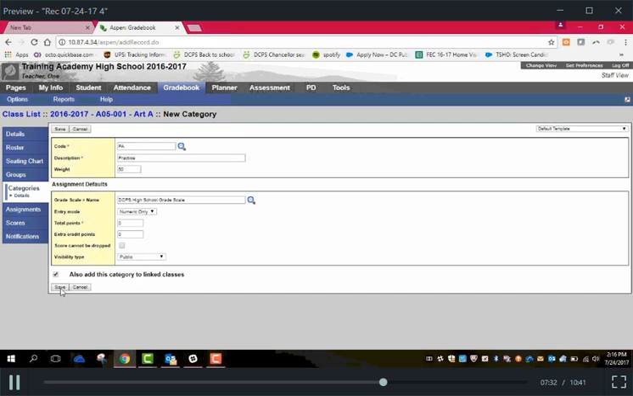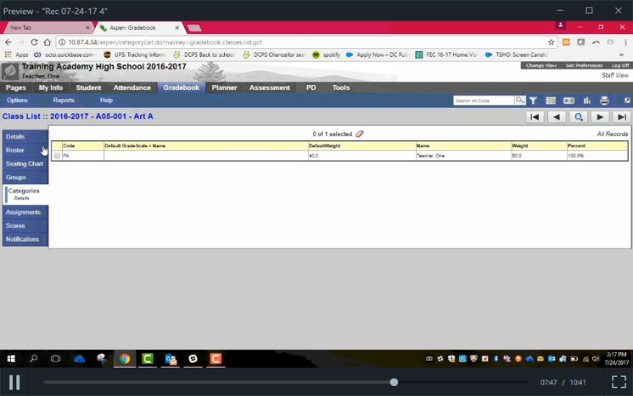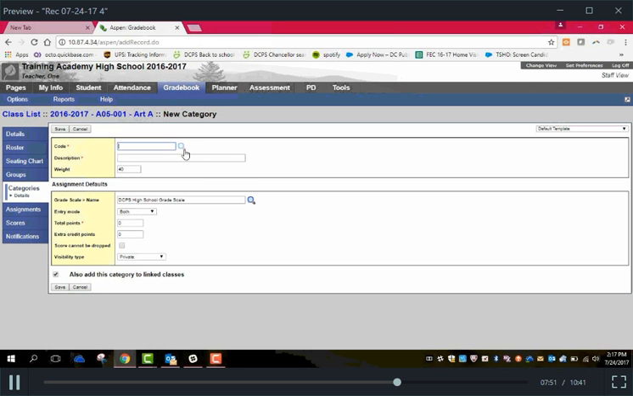Let's save this category. Notice we are also adding this category to the linked class. If we did not want to add it, we would uncheck this box. So that is our first category that we have added. Then we're going to add our other categories. So let us add